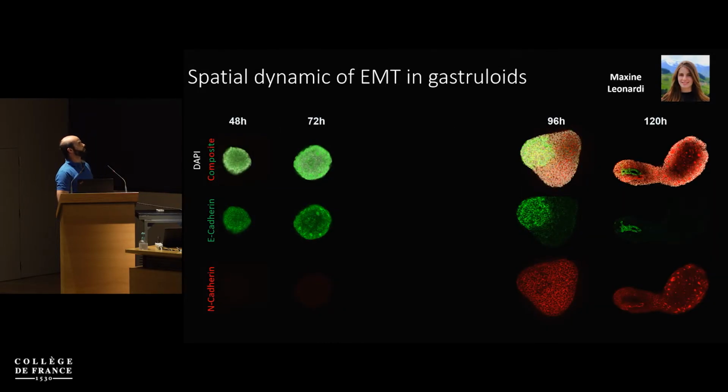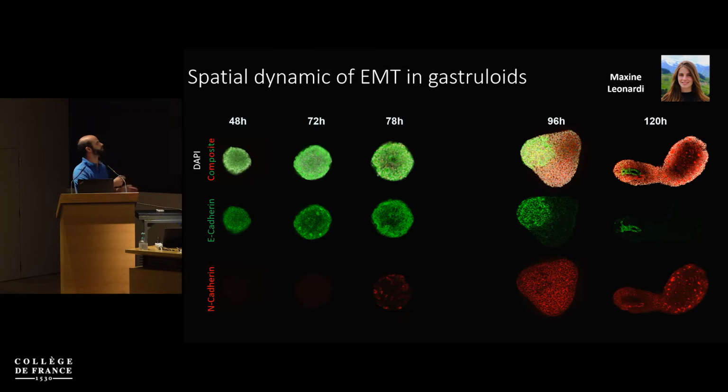So with the help of Maxine, we performed some immunofluorescence of E-cadherin and N-cadherin during gastruloid development. And so as you can see, and as expected, early on we only have E-cadherin expression. And later on, we have most cells expressing N-cadherin protein. But if you take this 96-hour time point, where at the transcriptional level we detect a very limited amount of RNA, we still have some protein of E-cadherin, and it's restricted to a small portion of the gastruloids, while the remaining part do not have E-cadherin expression, while the whole structure expresses N-cadherin. So this small chunk of gastruloids co-expresses both markers.